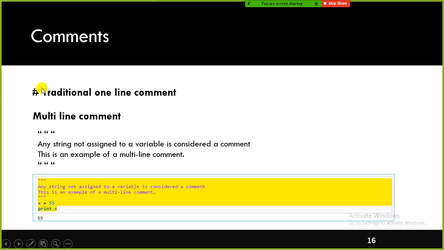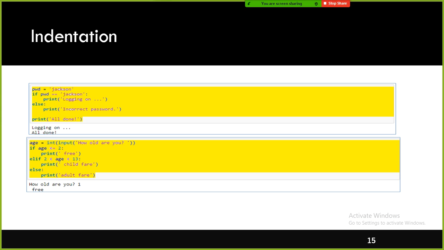One more question, Satya. For the statement that you are printing, what is the difference between single quotes and double quotes? When can we give double quotes for text printing? For example, print single quotes free, you mentioned in the second thing, or the first thing, the logging on. What is the difference between single quote and double quote? There is no difference. The only difference is when you start with a single quote, you need to make sure you end with a single quote. If you start with a double quote, you should make sure you end with a double quote.